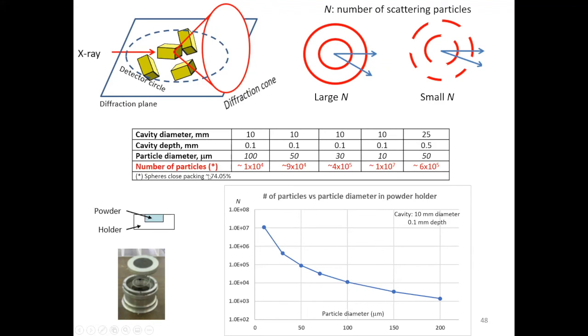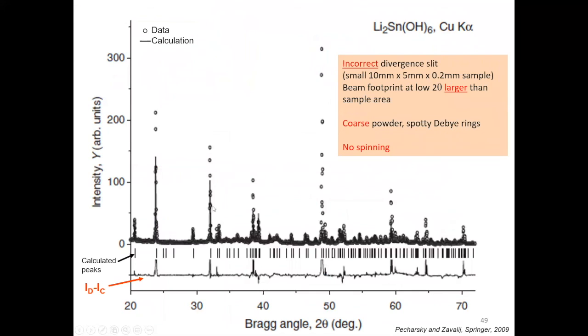Three examples for you. One is again from the excellent book by Pecharsky and Zavalij. In this case, they collected the data using an incorrect divergence slit. So basically, they had a very small amount of sample. The X-ray beam was shining also on the sample holder. And they also used very coarse powder, very large size. Look here that the data, the dots, are not matching the calculated pattern. And if you look at the difference here, there are big spikes showing a big difference. That's why sometimes you measure your data and say, well, the intensity looks different from what I had in the